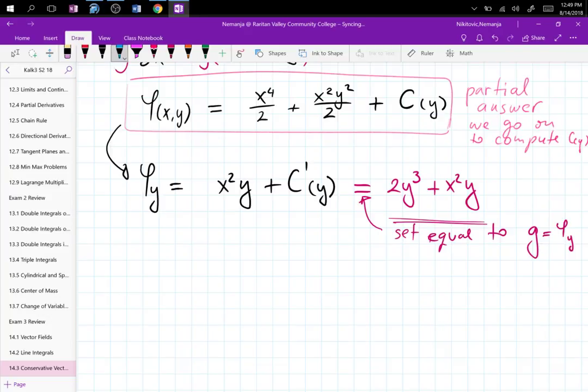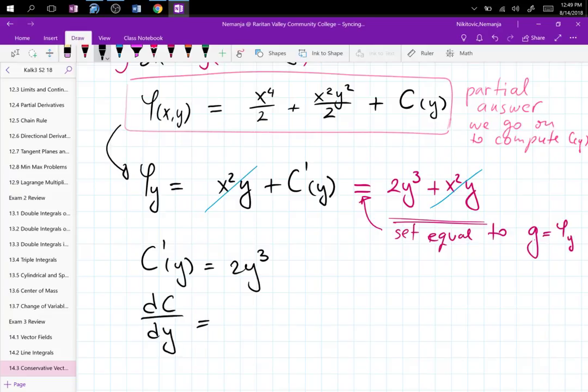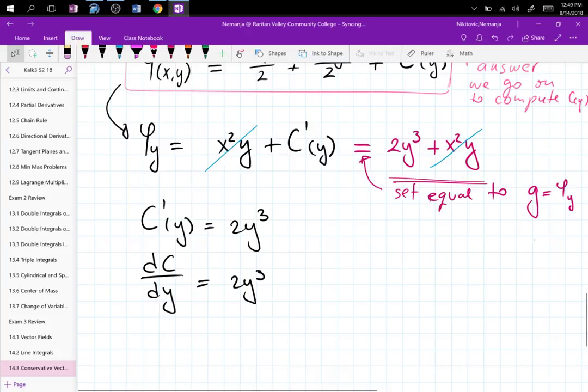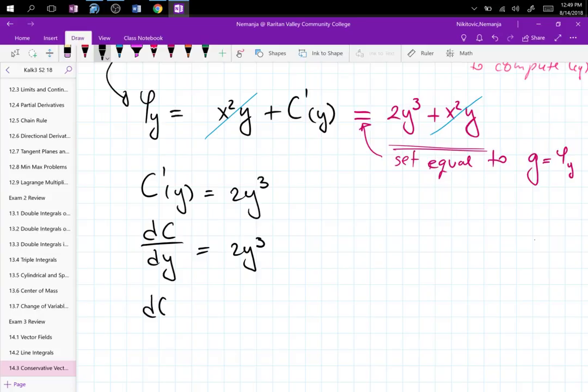So now, as you can see, this term drops, and from here you know that your c prime of y is equal to 2y cubed. Now this is a differential equation that you need to solve. This is dc dy is equal to 2y cubed. You can separate the variables, and so dc is equal to 2y cubed dy, and then integrate both sides. So I'm just going to write over here, separable